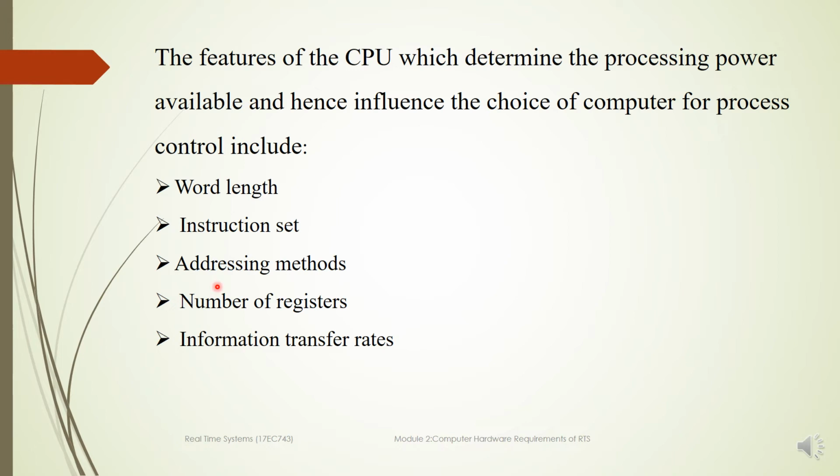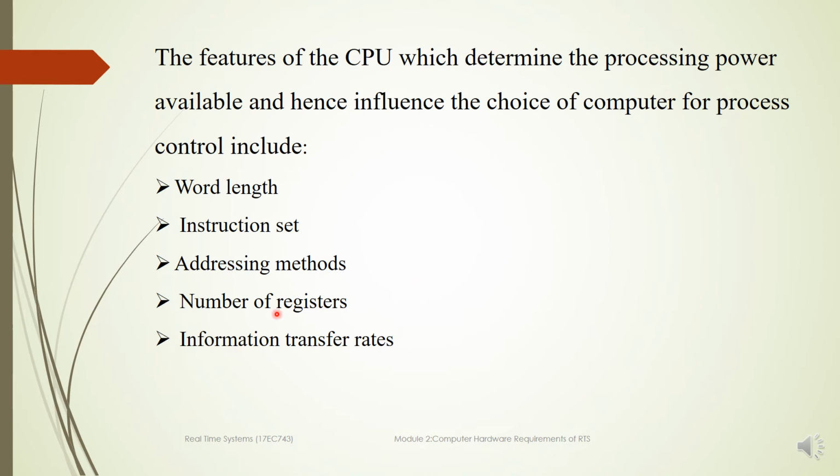Next we have to look into addressing modes. When we are choosing any computer, addressing modes are the different ways in which the location of an operand can be specified in an instruction. The way any operand is selected during program execution is dependent on the addressing mode of the instruction. The purpose of using addressing modes is as follows. The first purpose is to give programming versatility to the user. The second is to reduce the number of bits in the addressing field of instructions.